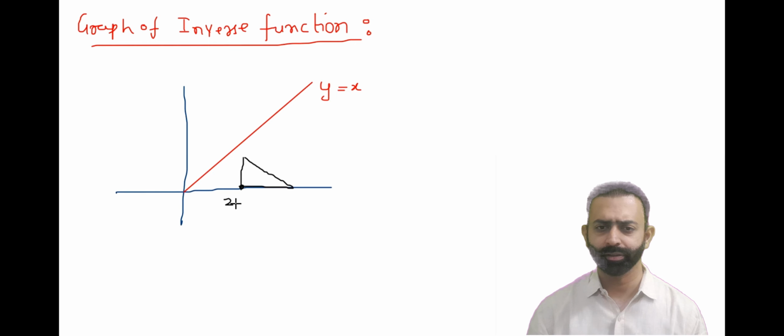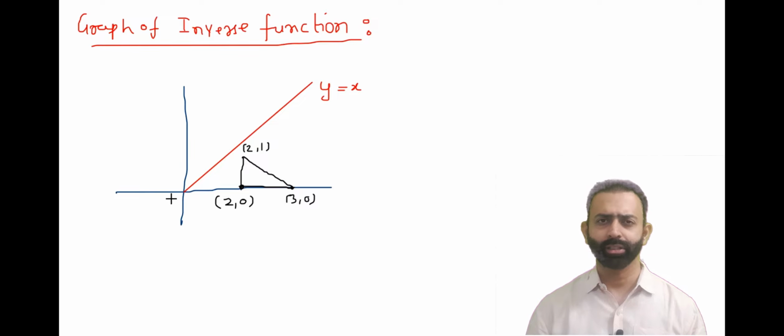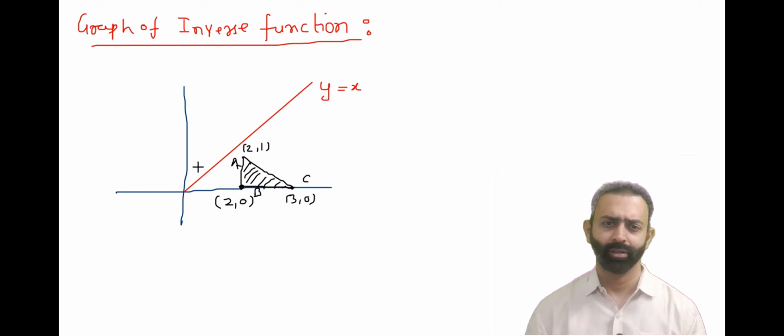This coordinate is, let us say, (2, 0). This is (3, 0), and this is (2, 1). Now the point is, if I take the reflection of this triangle, this point is A, this is B, and this is C. If I take the reflection of this triangle ABC in the line y = x,